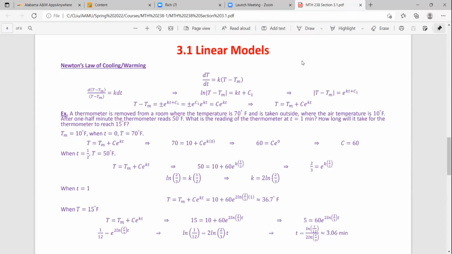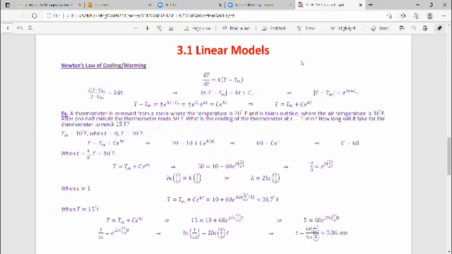Last time we started linear models in this section, we didn't finish it. So we just try to model real world problems by linear differential equations in first order and solve it. So we discussed several examples. Essentially, we talked about the population growth, the problem for